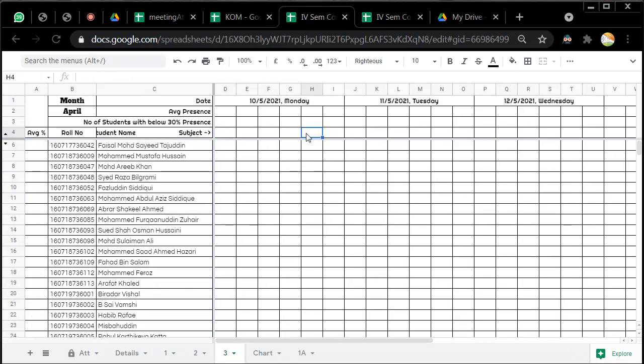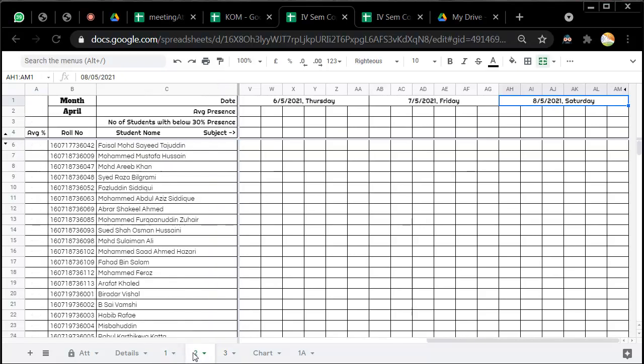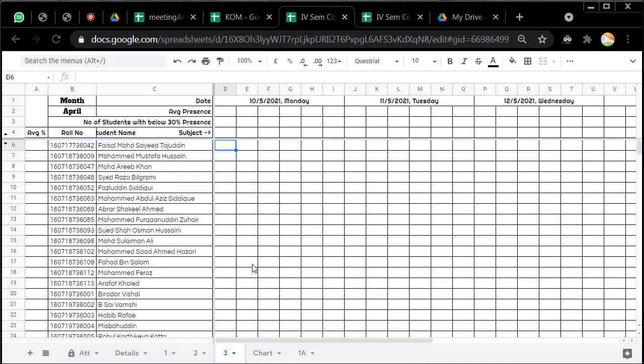Fine. If the timetable is the same, then we don't even have to remove the subjects. The subjects will again remain the same. So the faculties just have to copy paste the data for that next week into this particular tab. So we can continue creating as many tabs as there are weeks in our particular semester. And data from these tabs will be used to create analysis of the attendance, and the results of this analysis the mentors can use to guide the students accordingly.